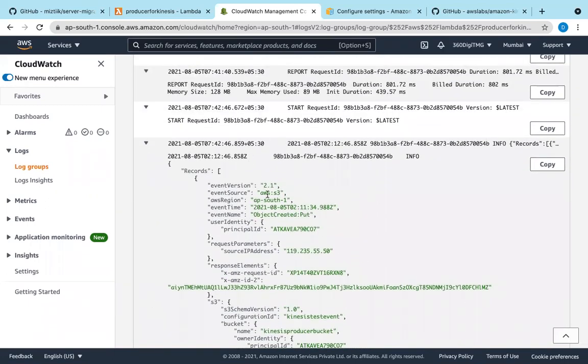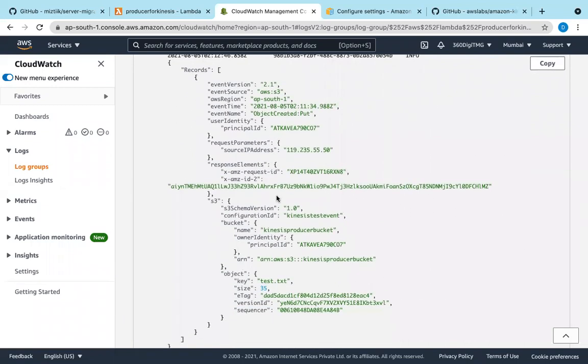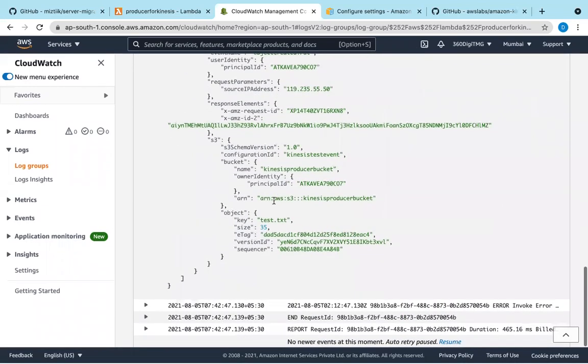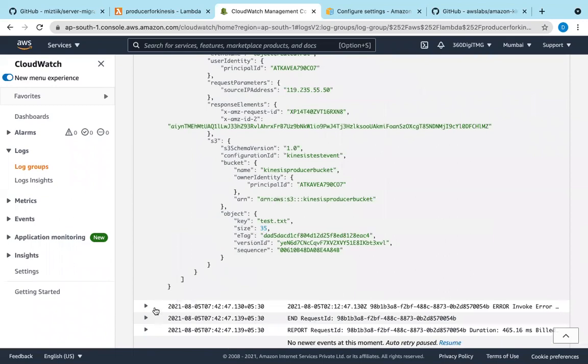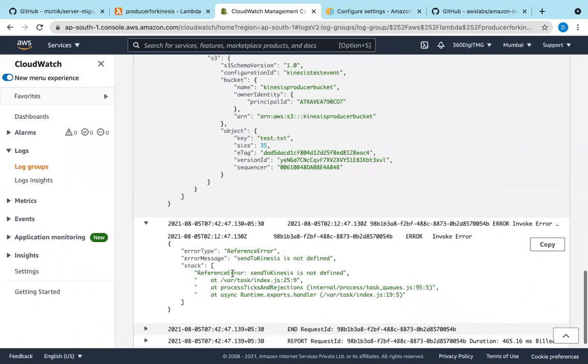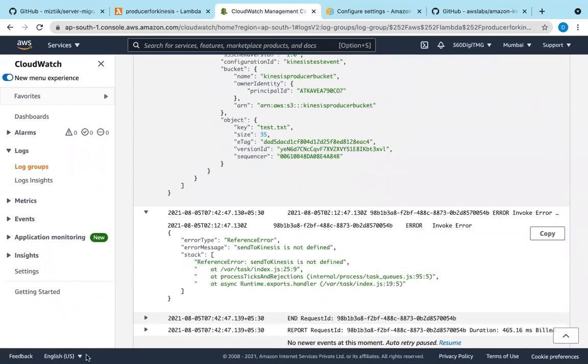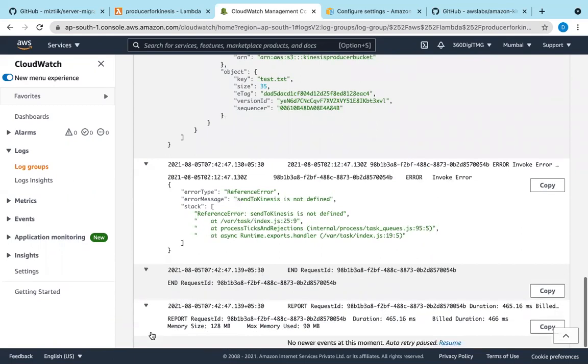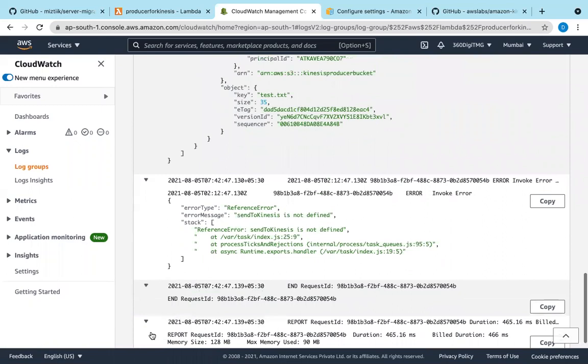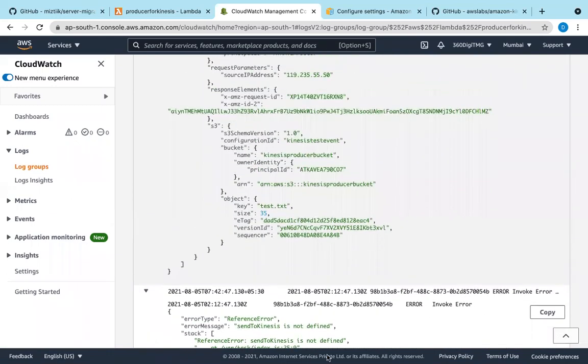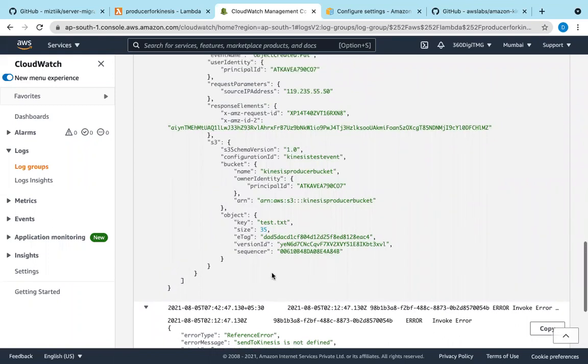So then what is happening? The object put reference error.